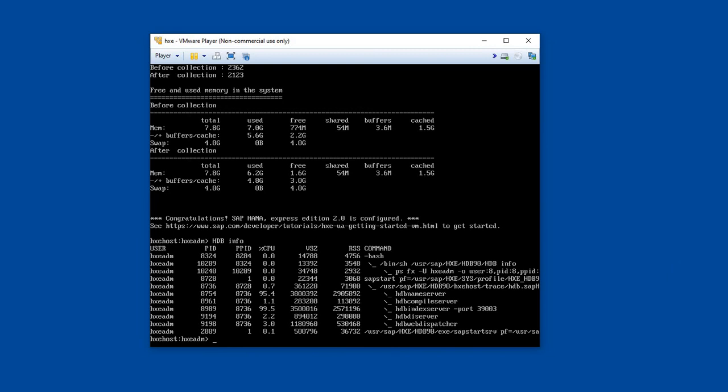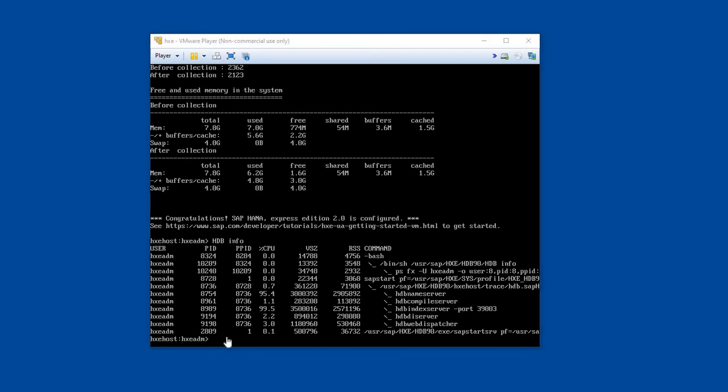Here we can see the HDB name server, HDB compile server, HDB index server installed. So all the components related to SAP HANA Express have been installed and the installation is complete.